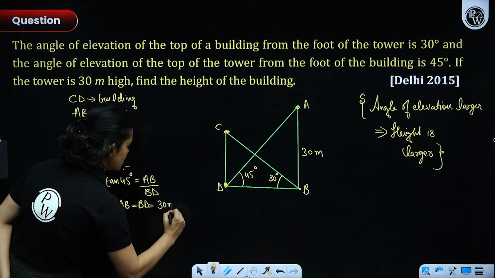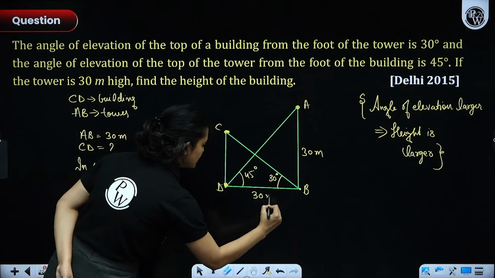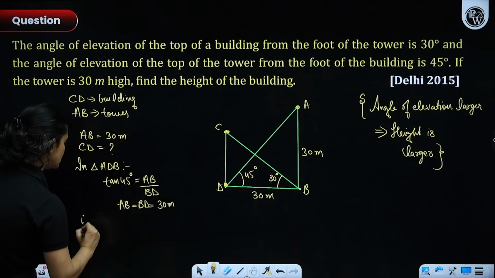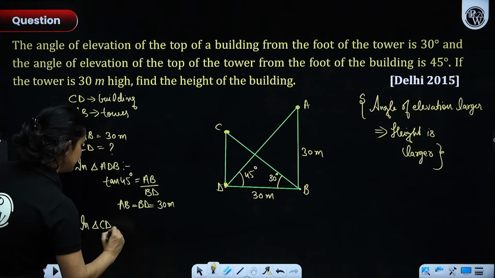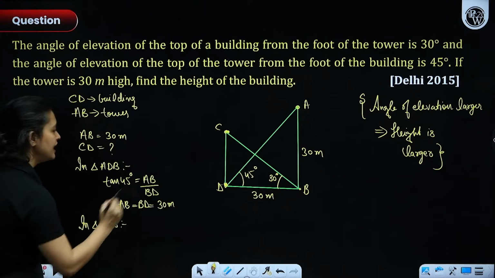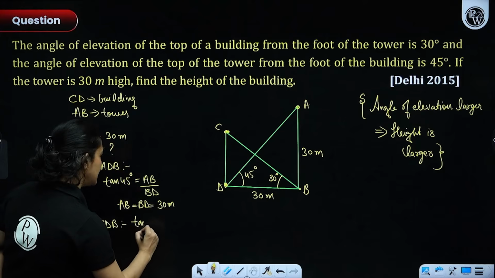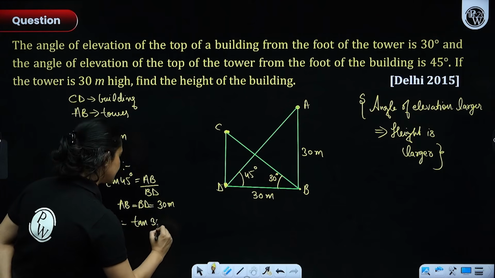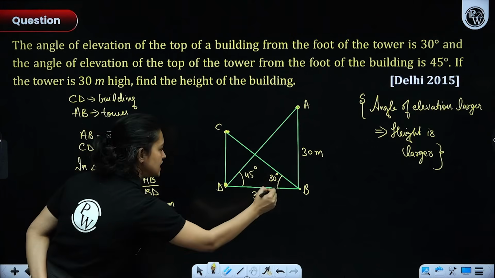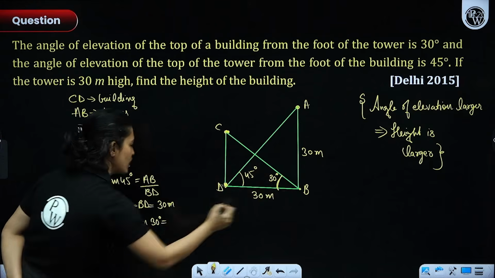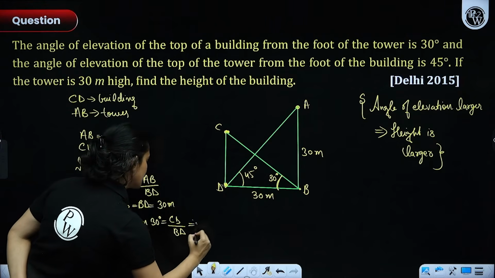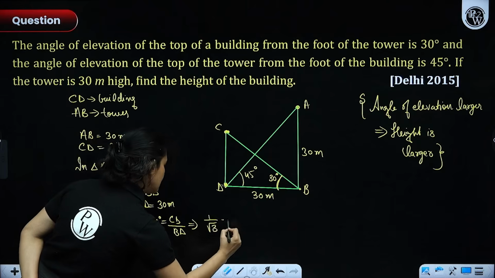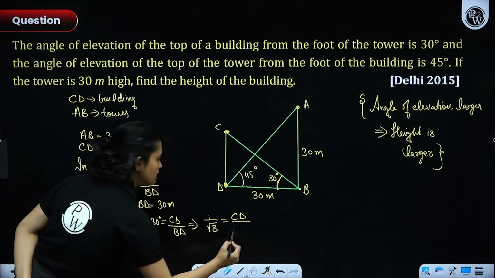30 meters. So we got this as 30 meters. Okay, now we'll take the second triangle. So in triangle CDB, again we'll use tan of 30 degrees, right everyone? Tan 30 degrees here would be equal to opposite over adjacent. So CD over BD. So from here you can say that 1 over root 3 is equal to CD over